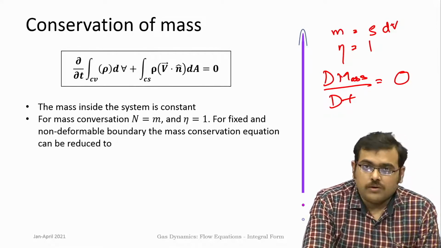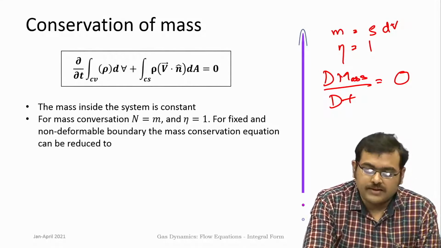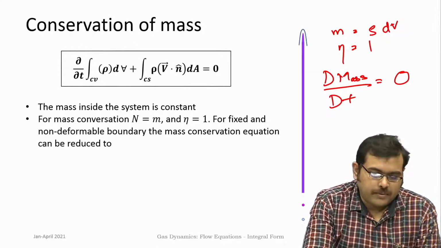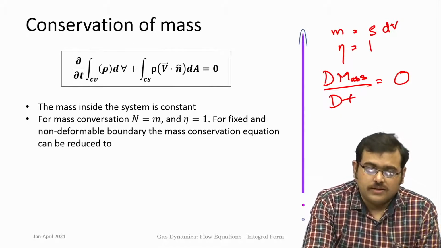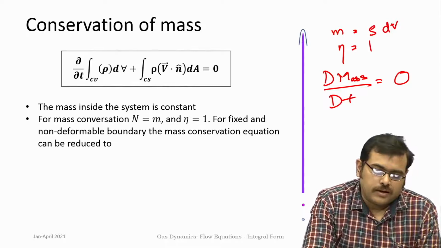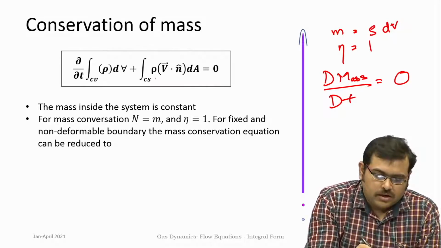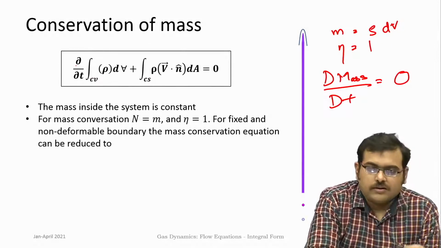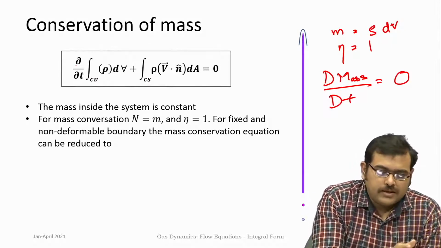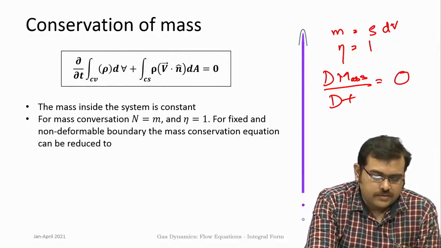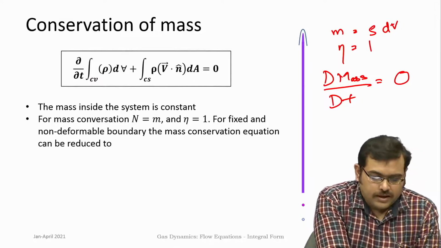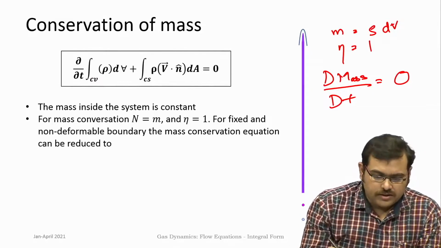If they undergo motion, then the relative velocity has to be considered, but for all of our practical purposes we consider a fixed control volume. Because the control volume and control surfaces are fixed, the derivative of time can be taken out of the integral, otherwise it has to be within the integral. So for a non deformable boundary,